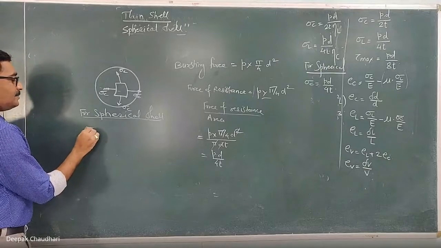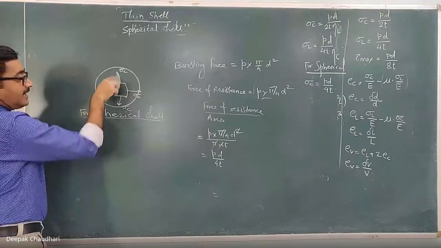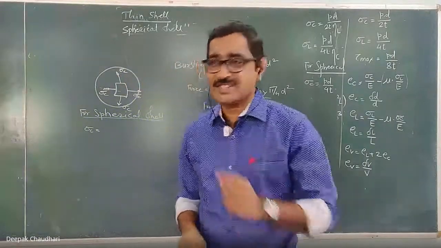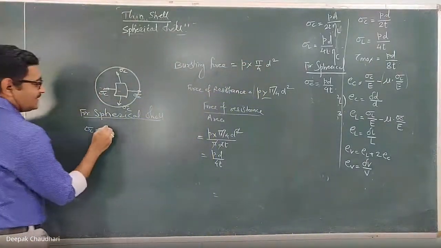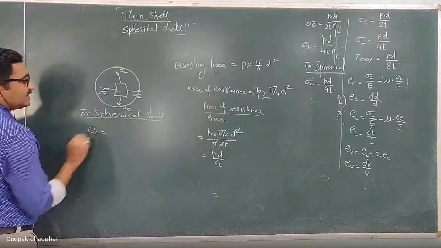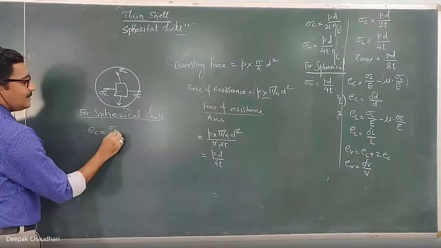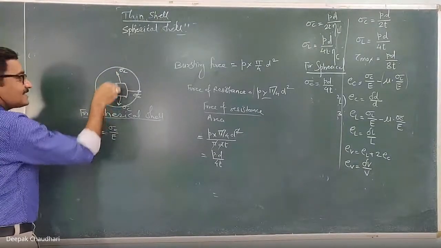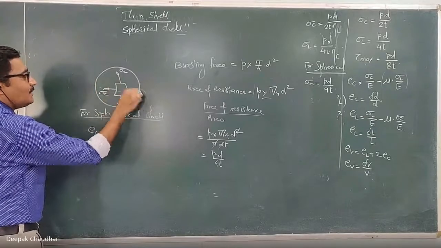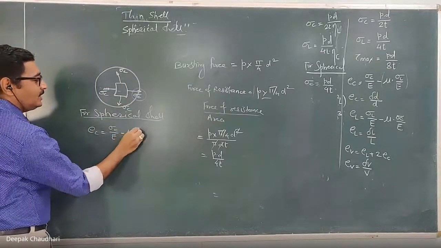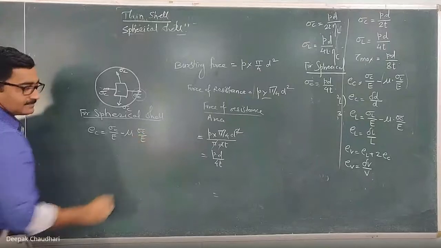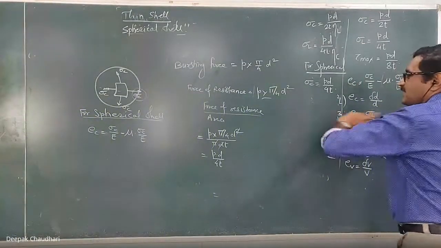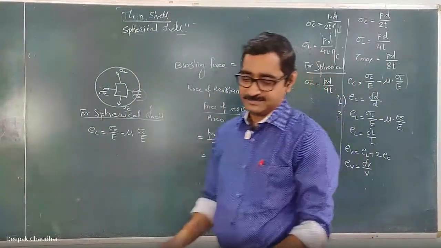here the circumferential strain, here in X, there is biaxial loading, biaxial stresses are there. So we have to consider both the stresses here. So the circumferential strain is equal to sigma c upon E. Now in the same direction, the strain because of this sigma c is minus mu into sigma c upon E. Okay, same formula, but only instead of longitudinal stress, we are using the circumferential stress only.